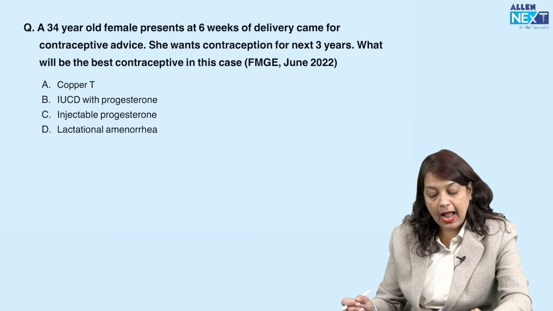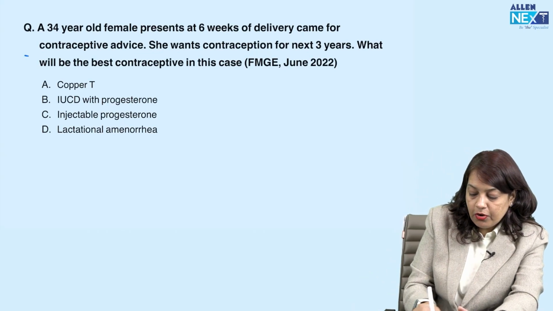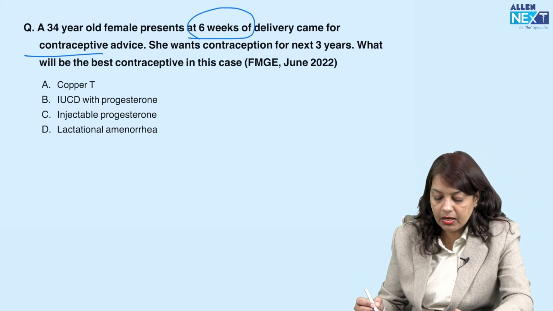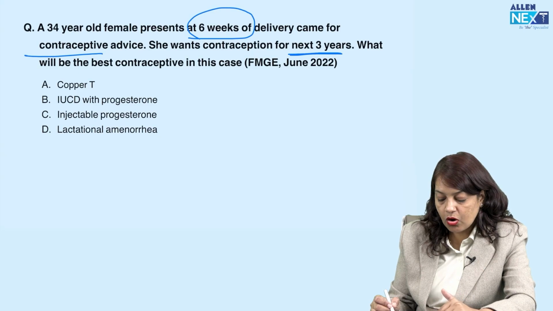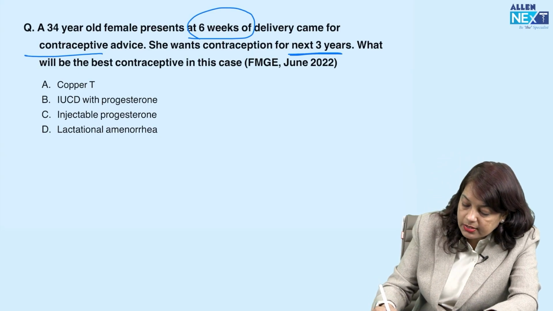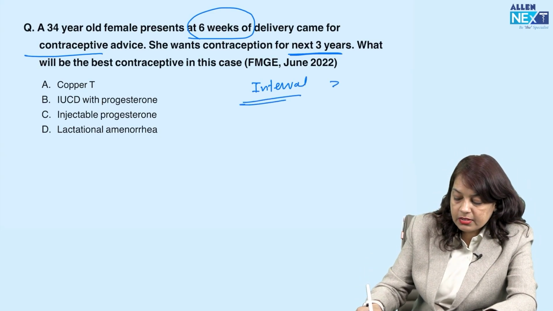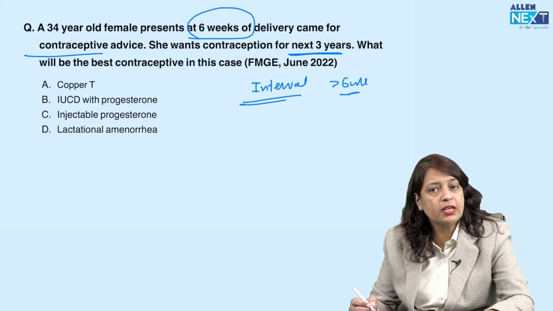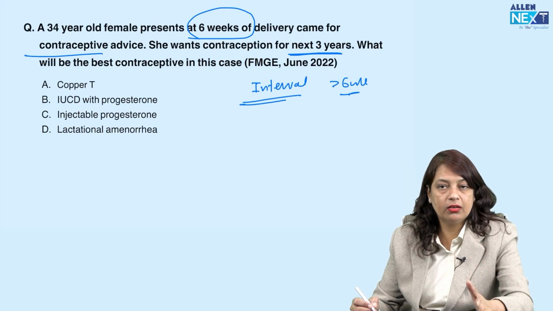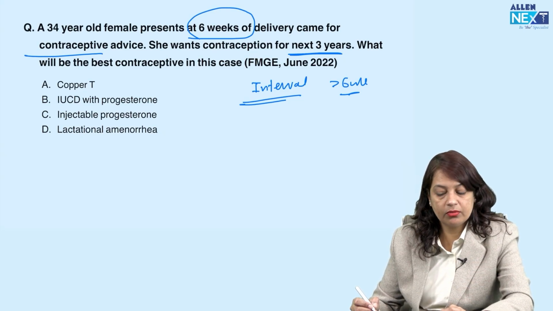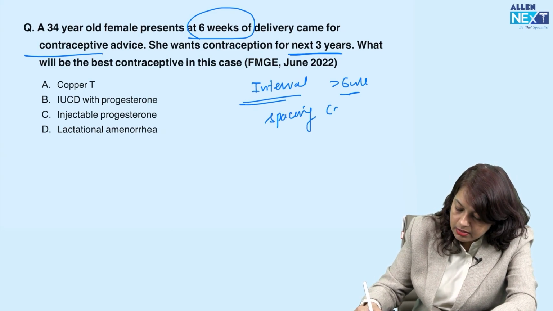A 34-year-old female presents at 6 weeks of delivery, came for contraceptive advice, and she wants contraception for the next 3 years. What should be the best contraceptive in this case? So what is this? This is called interval contraception. After 6 weeks of delivery, if a patient comes for contraceptive advice, it is called interval. Okay, interval contraceptive. Fine. And the hint in the question is a spacing